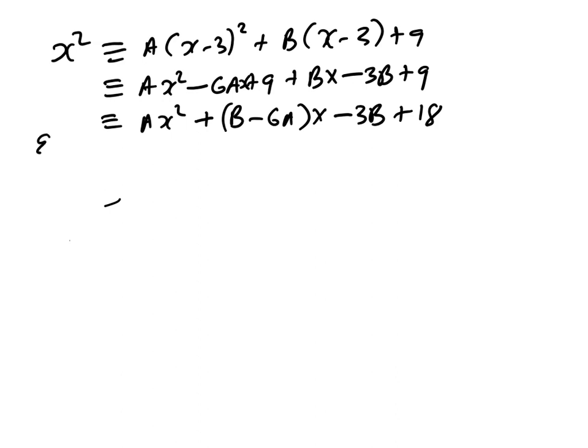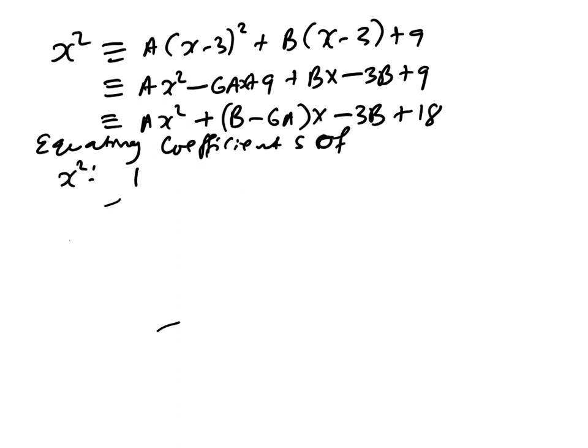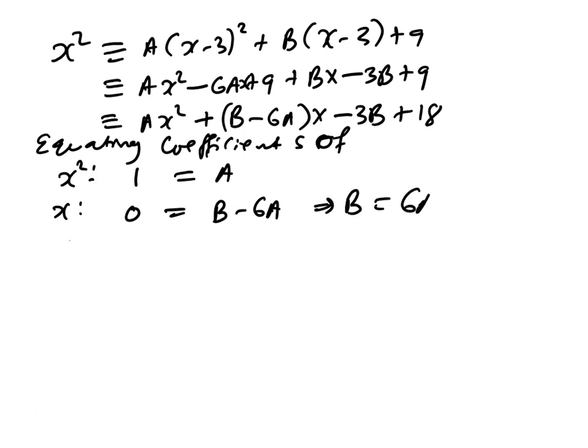Now, equating coefficients, let's begin with x squared. Let's look at the coefficient of x squared. This side we have 1 is equal to the other side, which is A. Now, what about coefficients of x? On this other side, we don't have any coefficient of x, so we shall say 0 equals B minus 6A. So if 0 is equal to B minus 6A, then this means that B equals 6A,